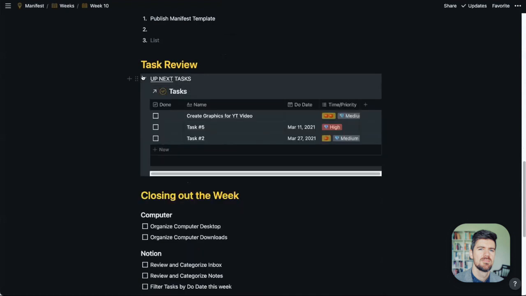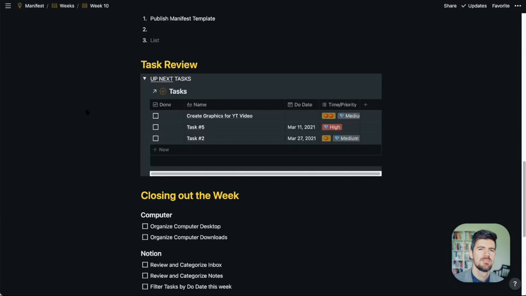And then the task review, this has up next tasks. So we'll take a look at that in a moment, but up next is basically the highest priority items. If you've read GTD, I think he refers to them as next actions.